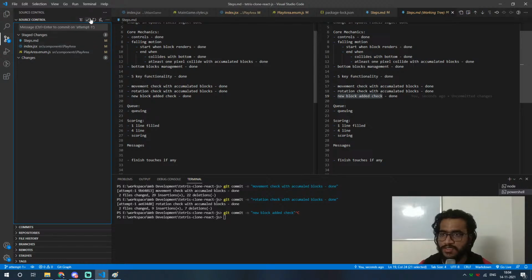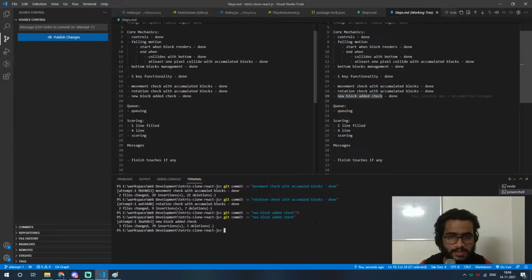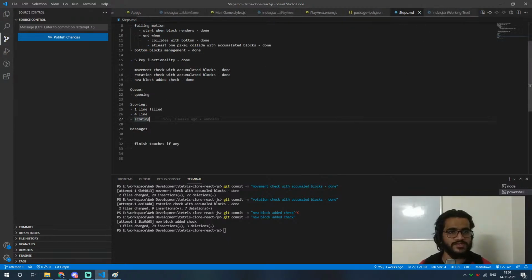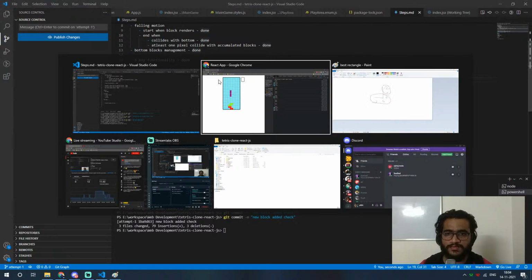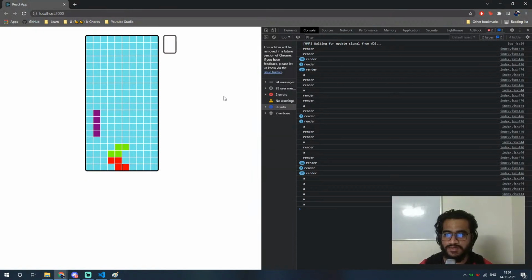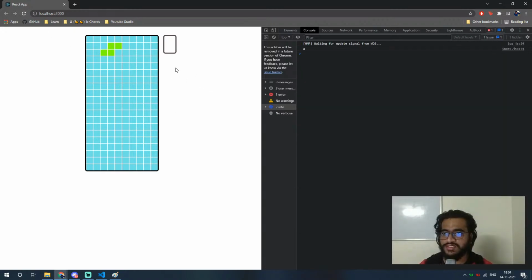So commit is done, right? Okay. So we have added the new block check too. So the scenario I came across is that